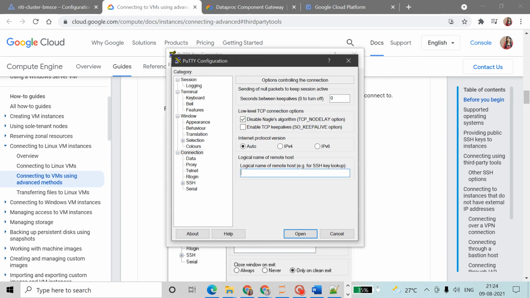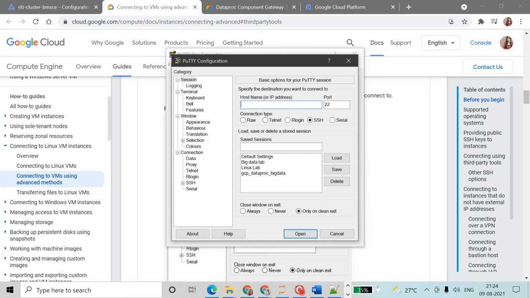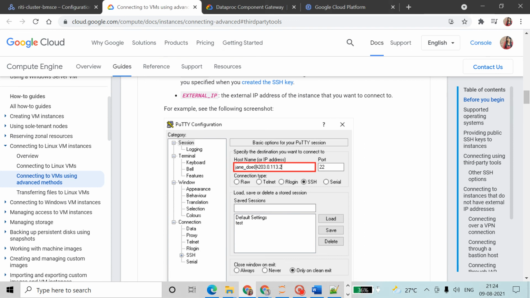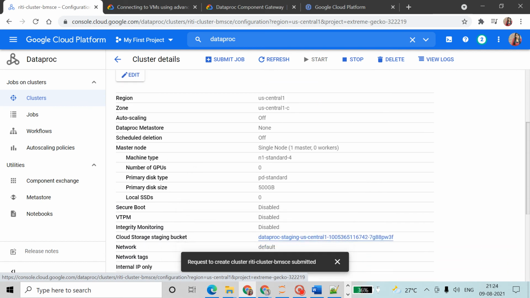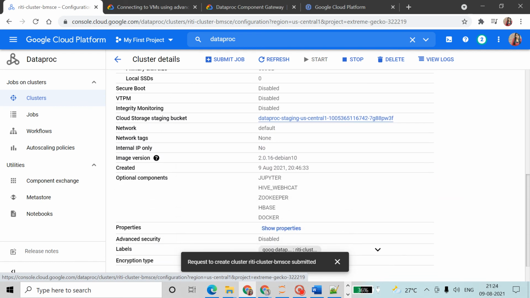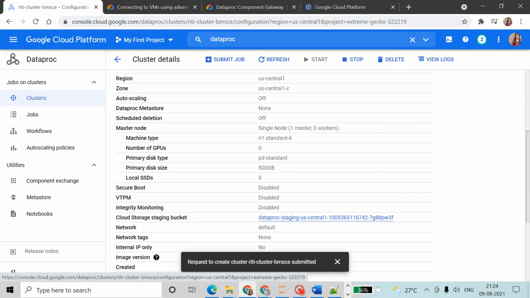See, in PuTTY configurations, in connection we have to paste our info, that keys info we have to paste, and again we have to come on session and give the IP address. So we will take our IP address from our... where is the IP address?